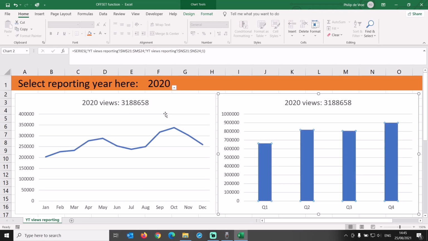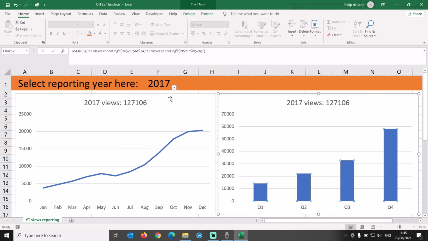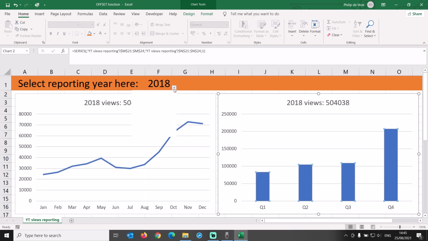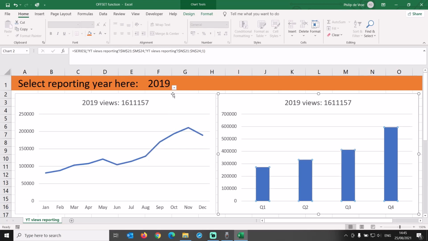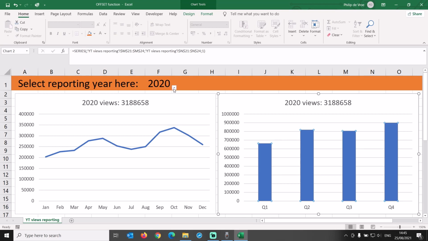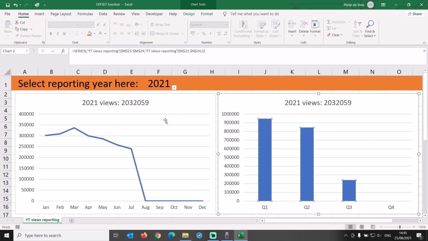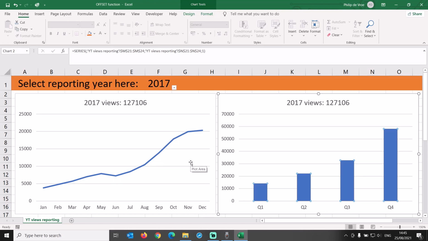You could do the same with your charts on revenue, expenses, margins, headcount, or whatever the metric is that you are tracking. The reporting is standardized and stays in the same format. I just want to add new rows and new columns to the dataset when data becomes available for new time periods. On a monthly basis, I just add the latest results without having to update any formulas. That's what the offset function in Excel is doing for us. Offset is used here as the linking pin between dataset and charts.